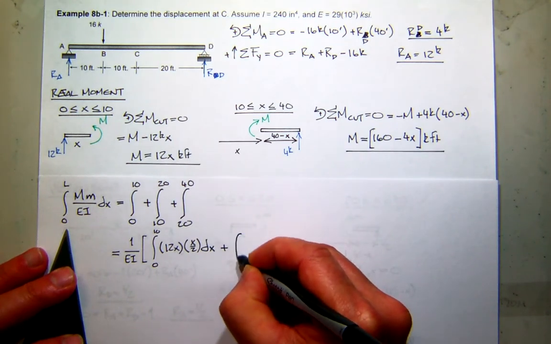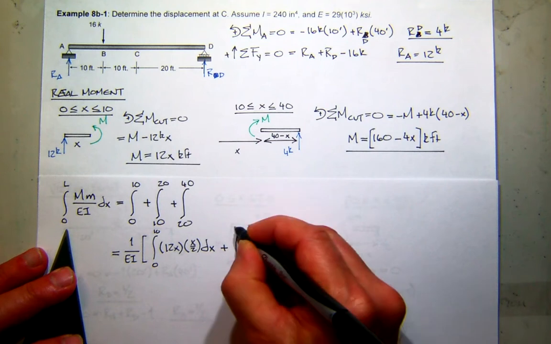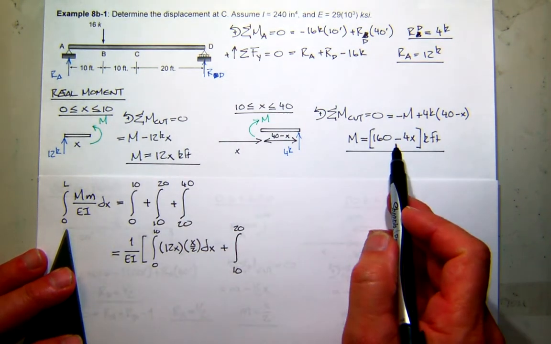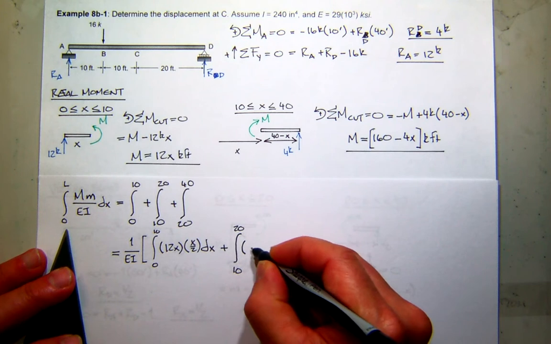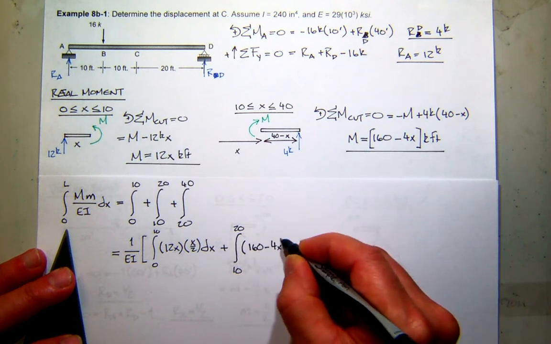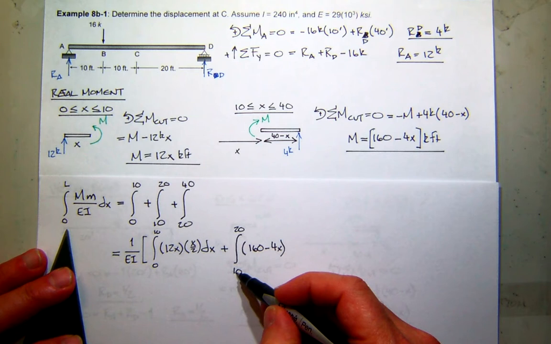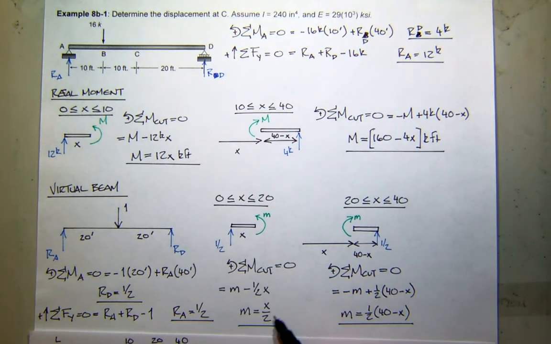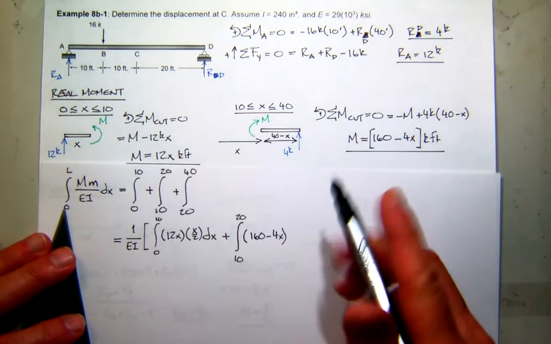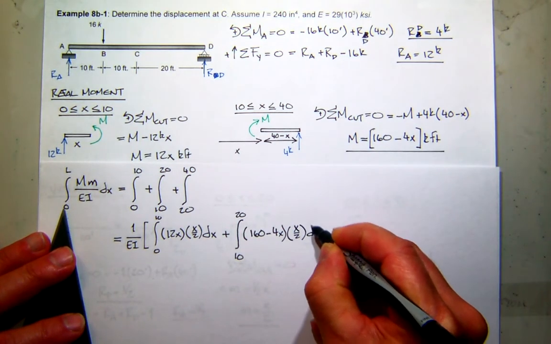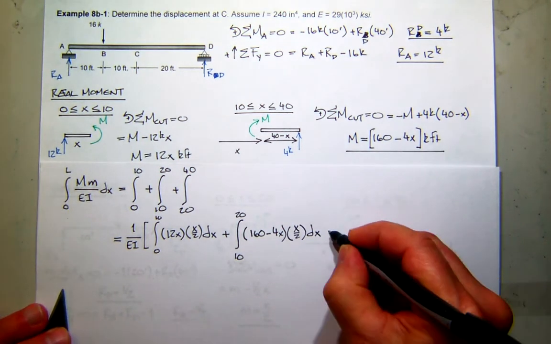The next integral in the sequence is from 10 to 20. What's the real moment from 10 to 20? It's this one, 160 minus 4x. What's the virtual moment from 10 to 20? It's still this one, x over 2. And then the final piece,